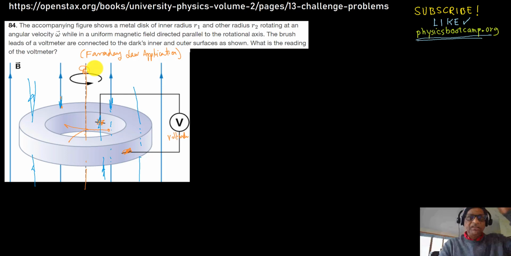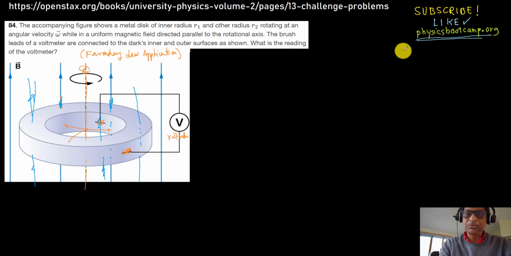All right. So you will find that there is a voltage set up in this voltmeter. It will show there is a voltage between the inner edge and the outer edge, and it looks pretty complicated if you just attack it using